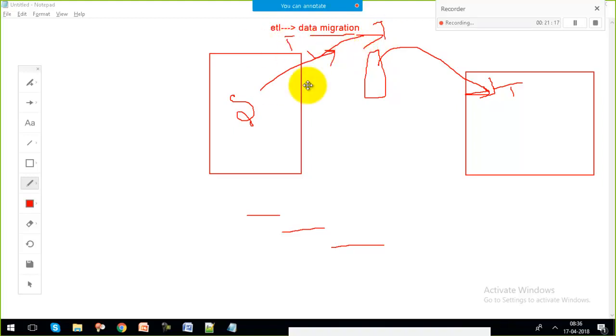But again this will come in the end, after implementing the flow of data, after looking at the different kinds of transformation that we will use in between the source and target. Okay, so if there is something like